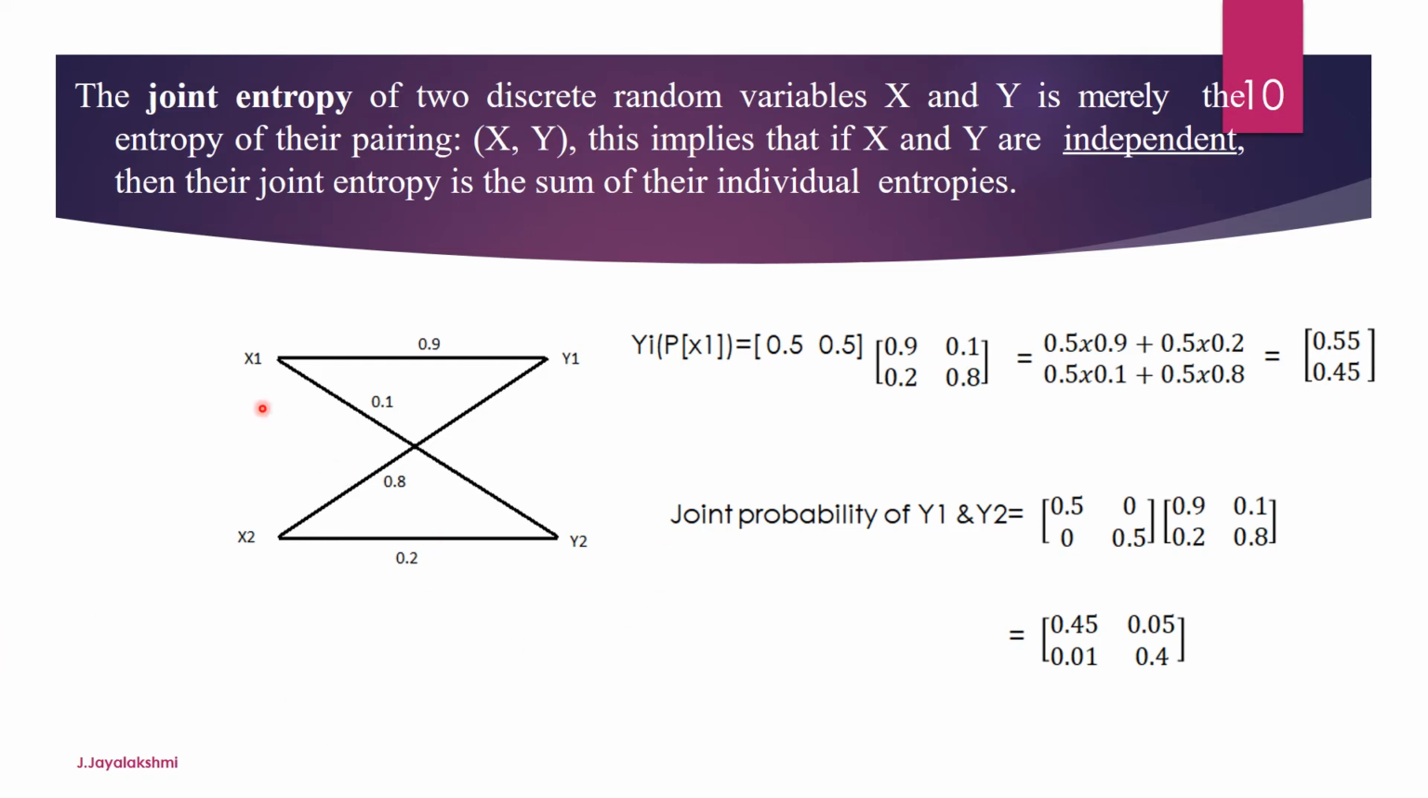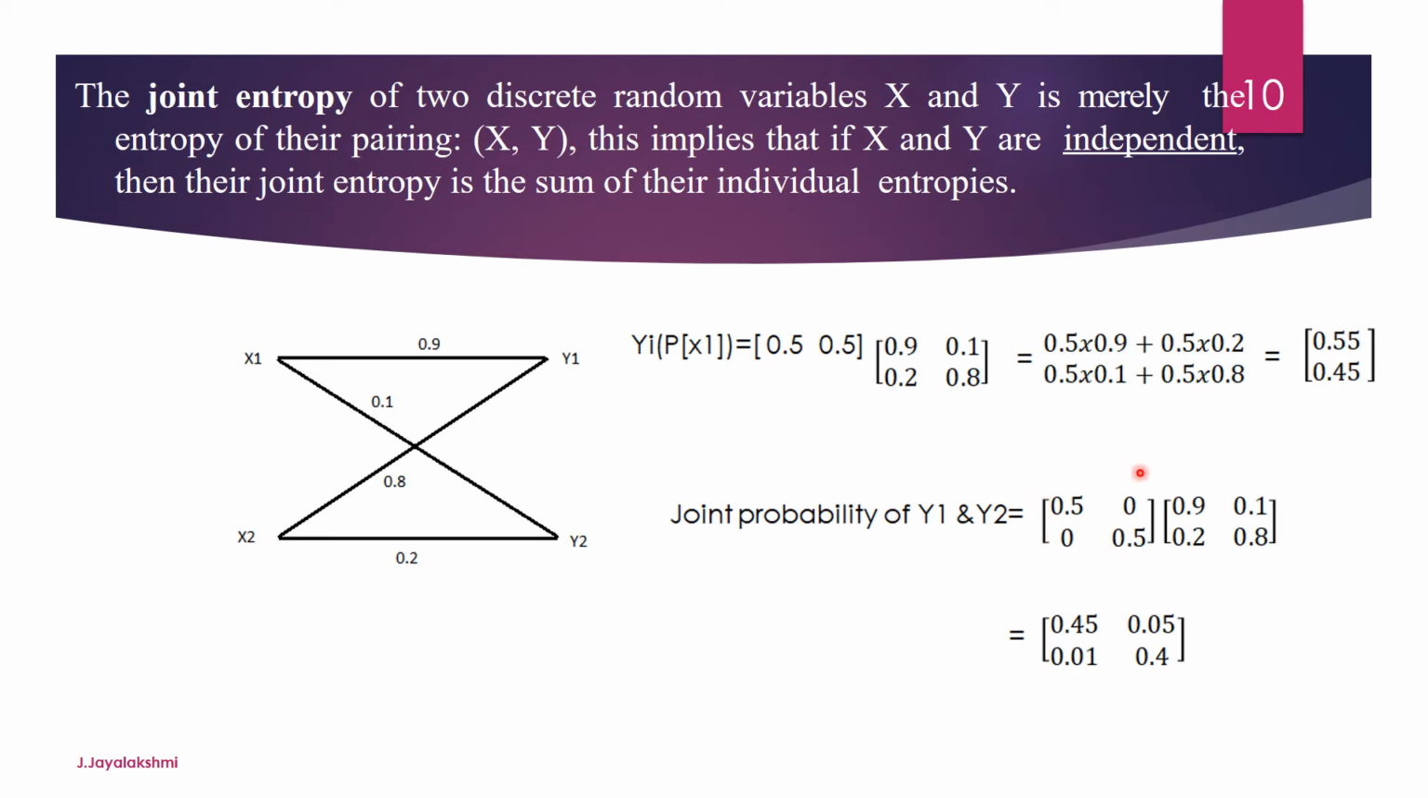Now it is taken as x1 transmitted, y1 received is 0.9, x1 transmitted, y2 received is 0.1, x2 transmitted, y1 received is 0.8, and x2 transmitted, y2 received is 0.2. So you can see that this is your input source probability values, and this is your channel probability. Multiply these two matrices, so your resultant is 0.55 and 0.45. So the joint probability of y1 and y2 is...